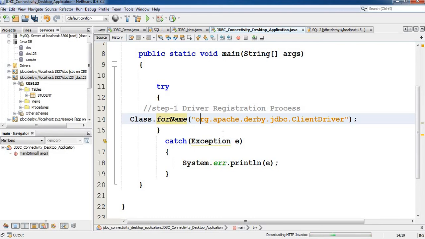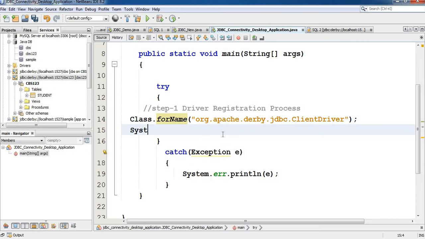Okay, this is the driver registration URL if you are using the Derby client. So you can see the driver registration process for this Derby client is org.apache.derby.jdbc.ClientDriver. Now the second thing, because I am going step by step, if you want to see whether the drivers are registered, you simply write down this one line,